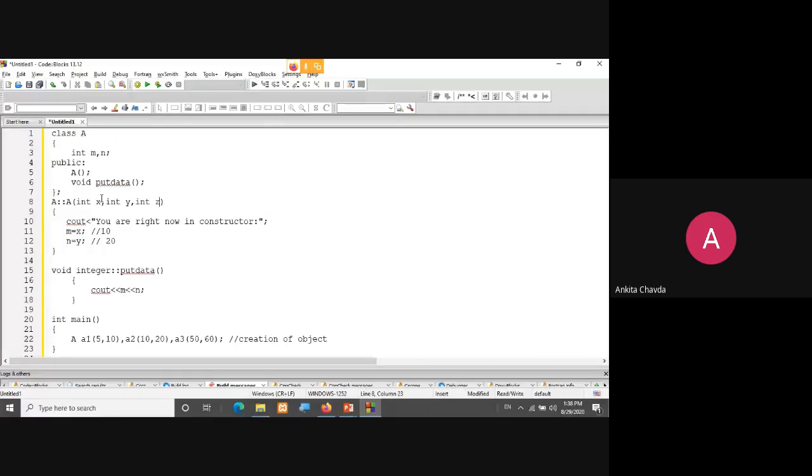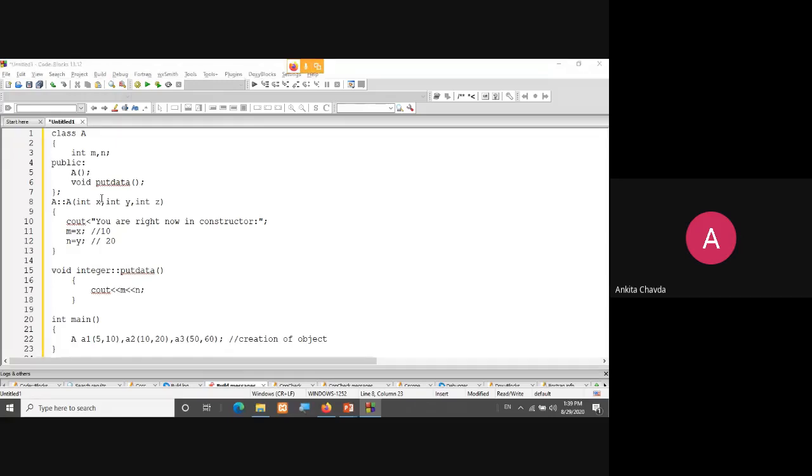I can even have three parameters. Fine. I can have 4, 5, 6, as many parameters as are possible. Okay. So it is not like only two parameters make it a parameterized constructor. No. If any parameter is there, then it is known as a parameterized constructor. If no parameter is there, it is known as a no-argument constructor, or you can say default constructor. Fine. If no parameter, blank, void.